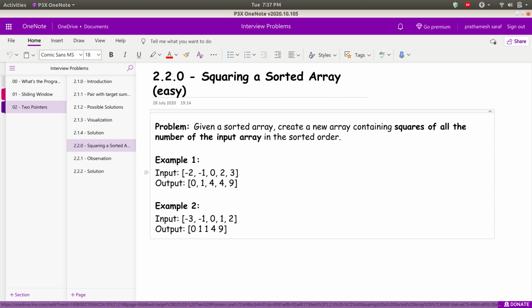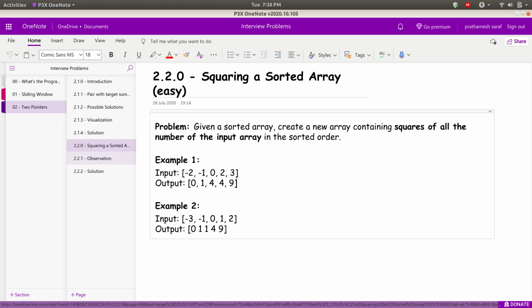So here the simple approach would be to find the squares of all the numbers and finally sort them. That will be an n log n approach, right? That is the brute force approach. Now another solution is how we can solve it using the two pointers approach, let us see. Before that, if you want to think of your own, pause the video, give it an attempt to develop some algorithm, and then you can resume it.